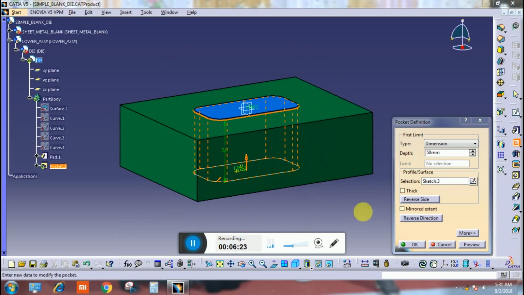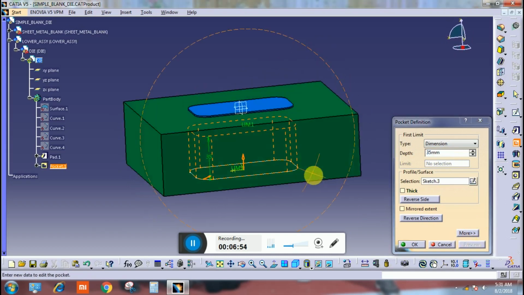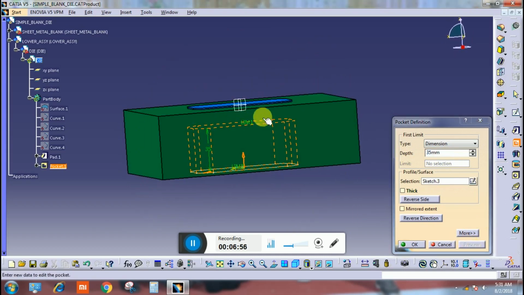Sorry, it's 35 because 50 is the total thickness of die. 50 minus 15 is equal to 35. Here is your die cutting length, cutting wall thickness, edge thickness, and here is relief 35 mm.